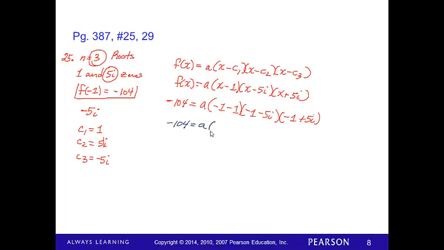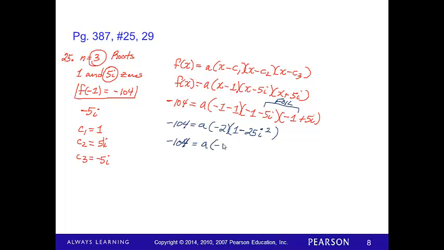So this right here becomes negative 2. These right here I'm going to multiply using FOIL. And that's negative 1 times negative 1, which is 1. That's negative 5i, positive 5i, so they cancel out. And I get negative 25i squared. So it's negative 104